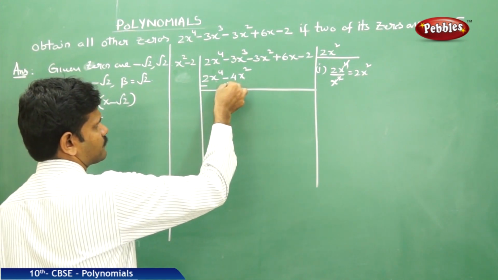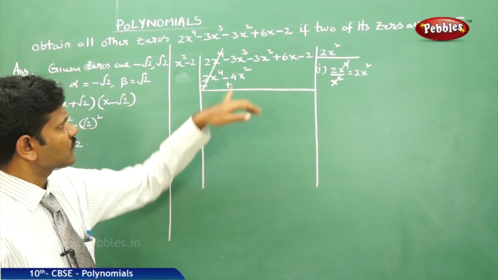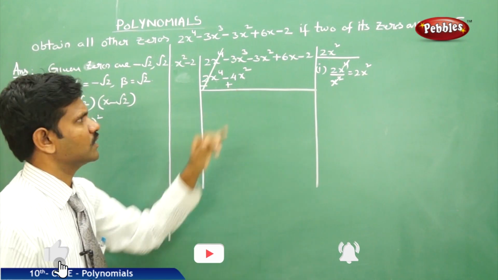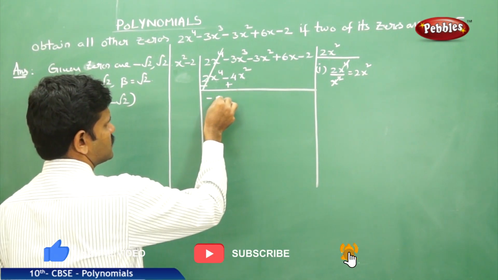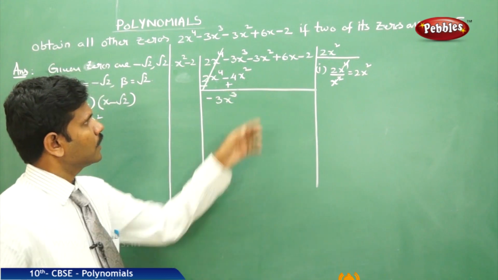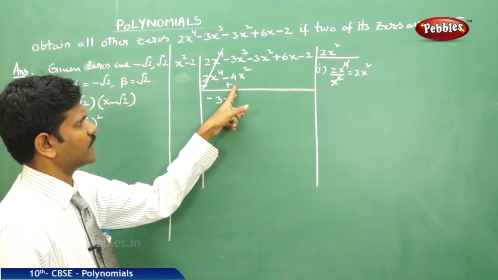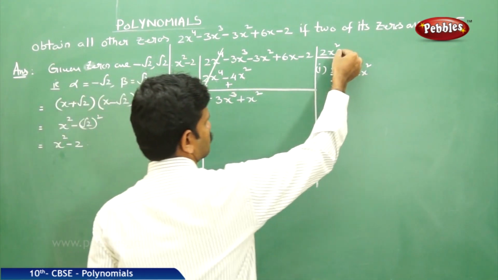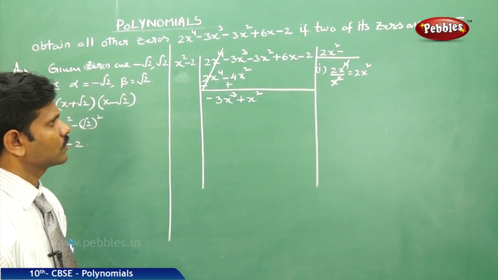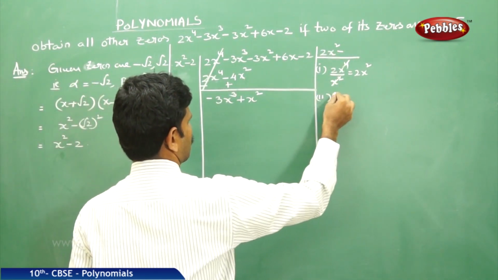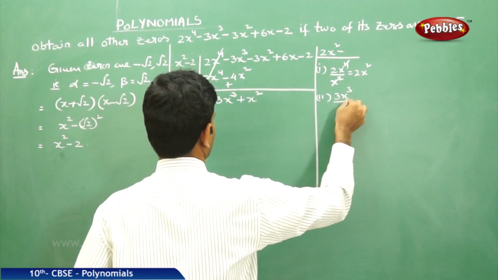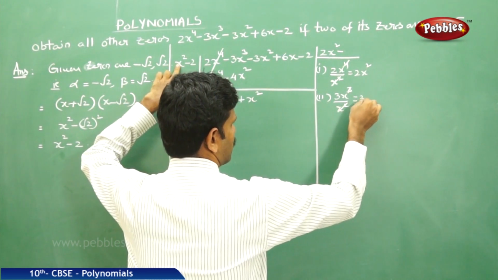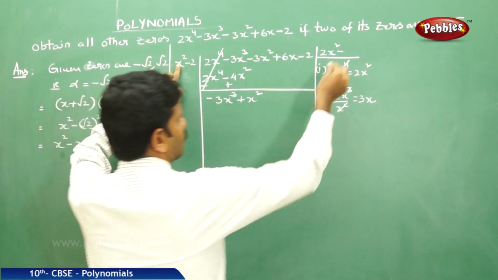Now subtraction process, minus plus get cancelled. It is the cube term, this is the square term, we are unable to simplify these two. Then write in order. Minus 3x cube, minus 3x square plus 4x square, which will give you plus x square. Next, minus, second cancellation, 3x cube by x square cancel, the left part is 3x. Write that 3x.